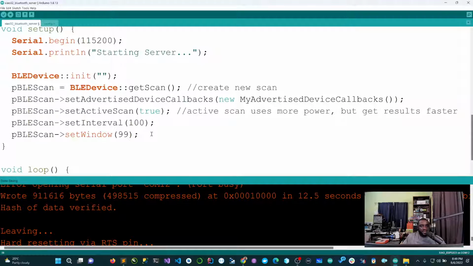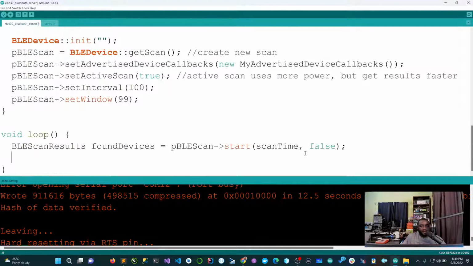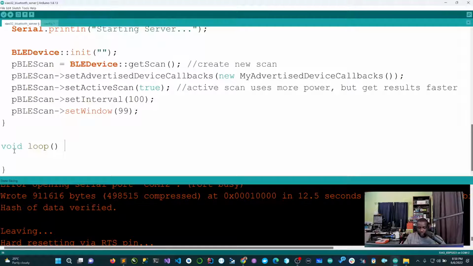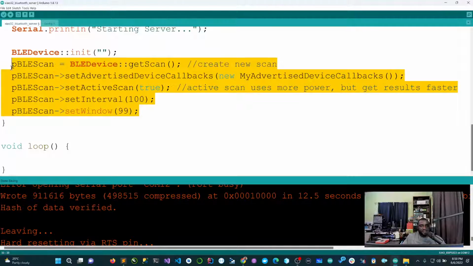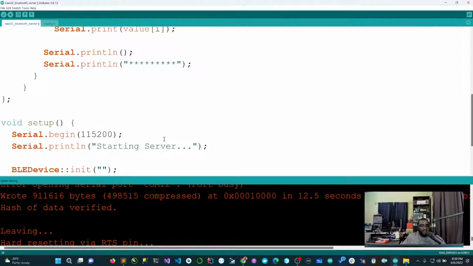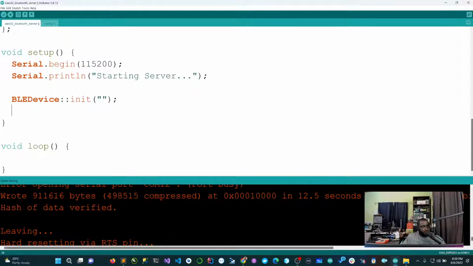Let's remove the whole of this. And here as well, we don't need this. So in setup, we set the baud rate, we say we're starting the server, and then we can